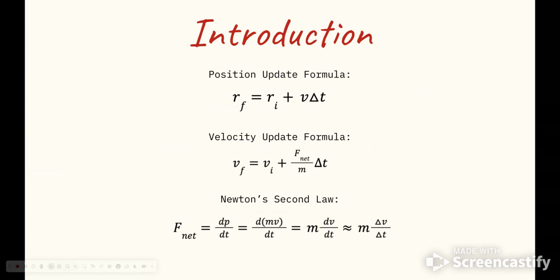Tracker is a video analysis software that can give us position and velocity data, and GlowScript is a computational model that can predict ideal projectile motion. This lab is based on the fundamental principles of Newton's second law and the kinematic equations for position and velocity. Throughout this presentation, I will refer to the three formulas shown: the position update formula, the velocity update formula, and